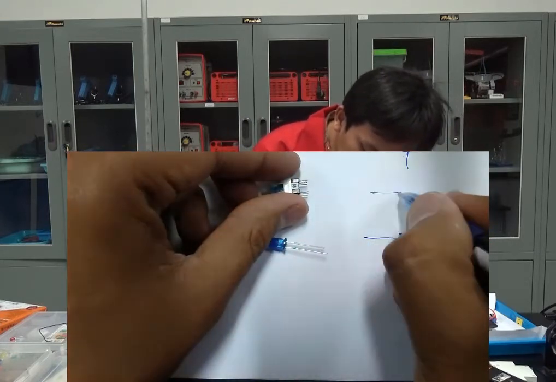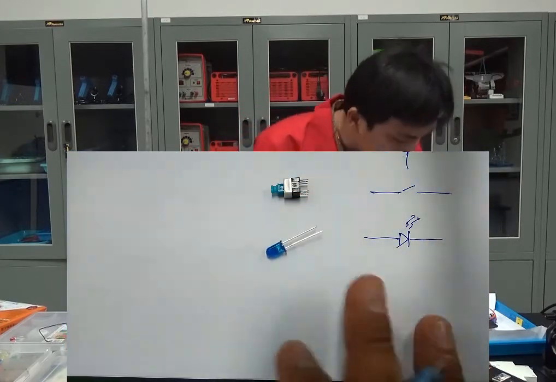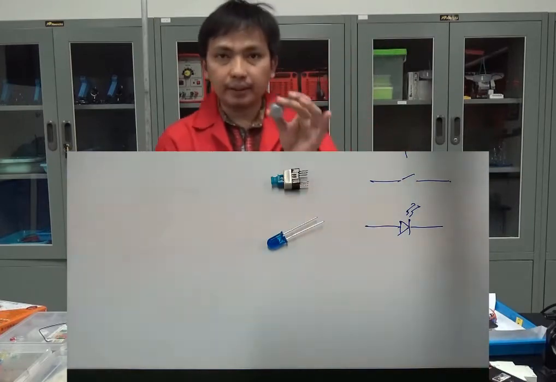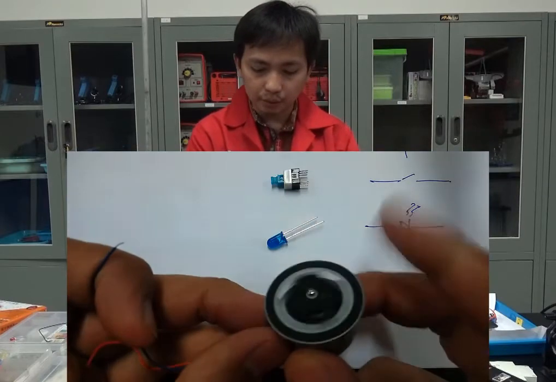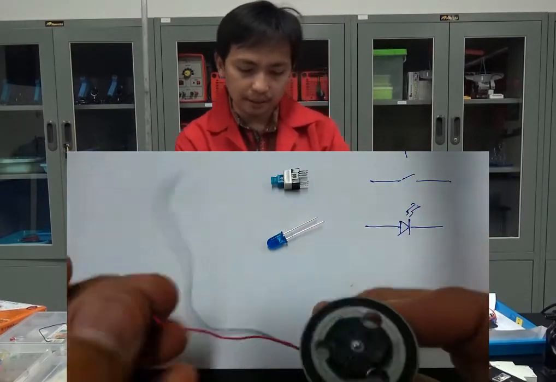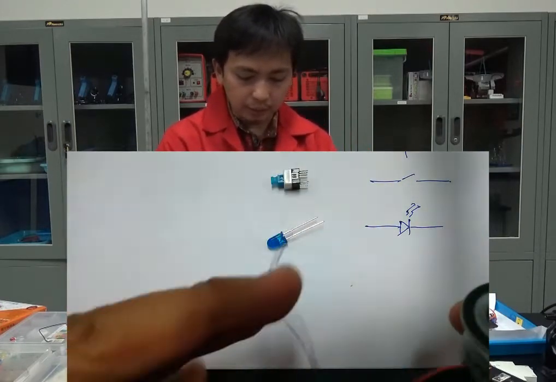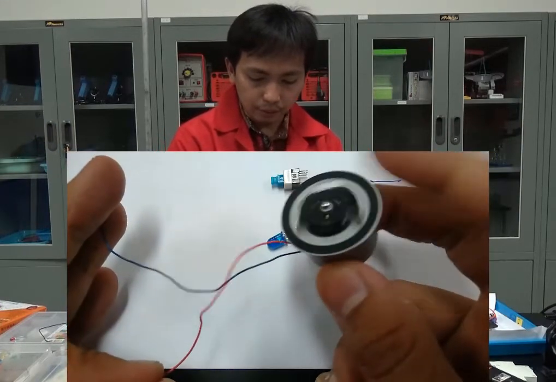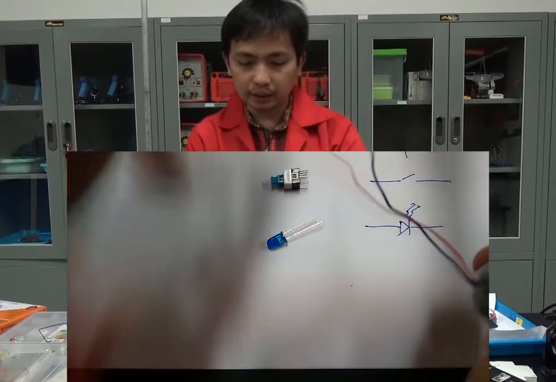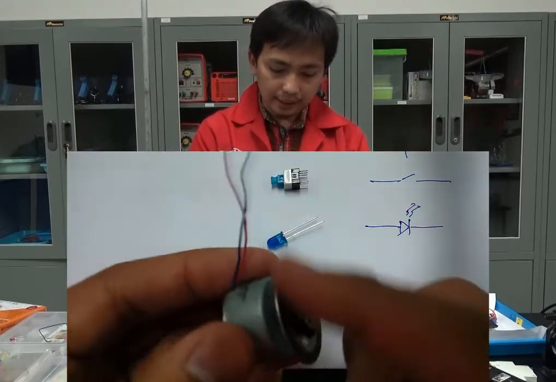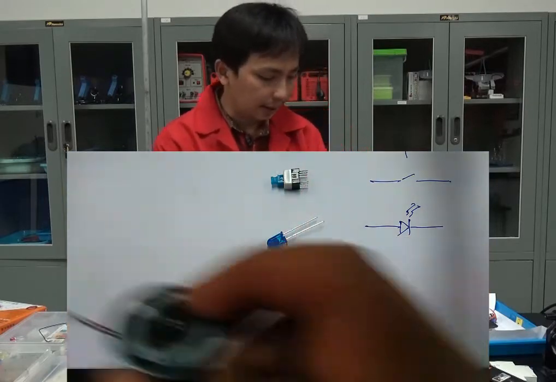Okay, and this one for the switch. Next we have a generator, or vice versa, it can be used as a motor. Motor or generator, it depends on the principle. Firstly, if we connect it to a battery, it will rotate, creating a motor. Or vice versa, we can connect this to a multimeter and turn it from an external source, and it will behave as a generator.